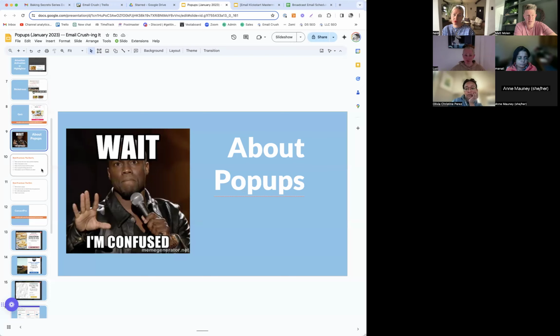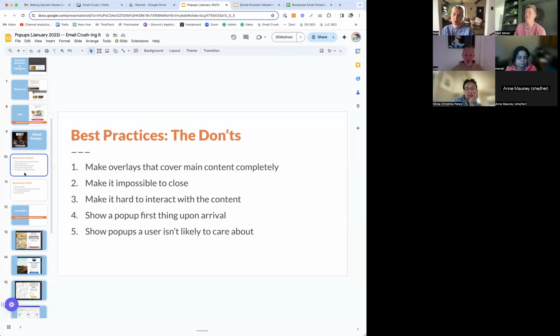And you can almost do anything you want on desktop. It's mobile that matters the most because that's how most people are consuming your content. So don't do these things. Don't make overlays on phone that cover your content completely. You'll notice that when I do a pop-up, it's very seldom more than 1/3 of the whole screen space.